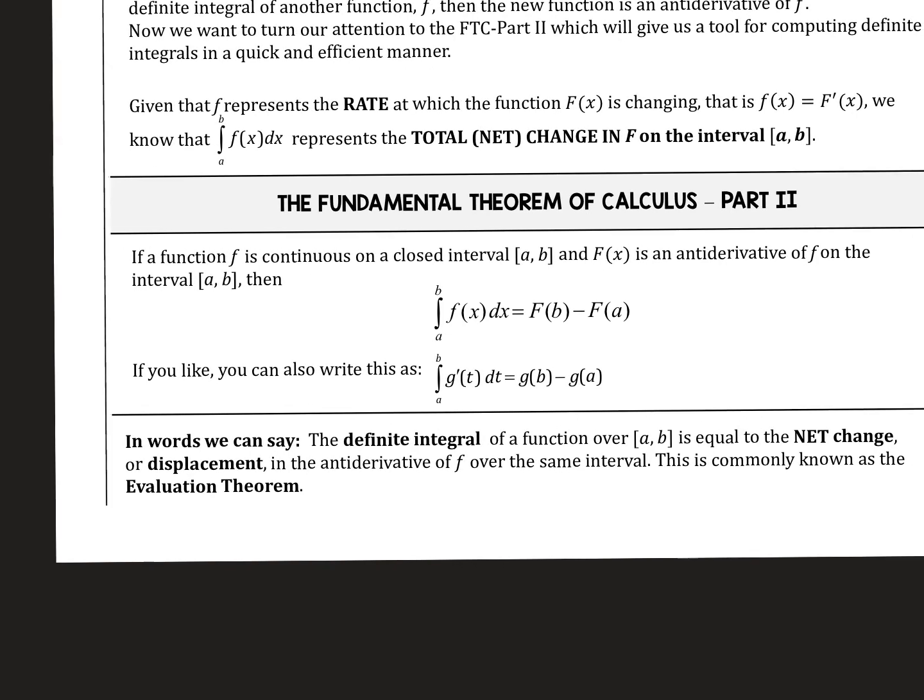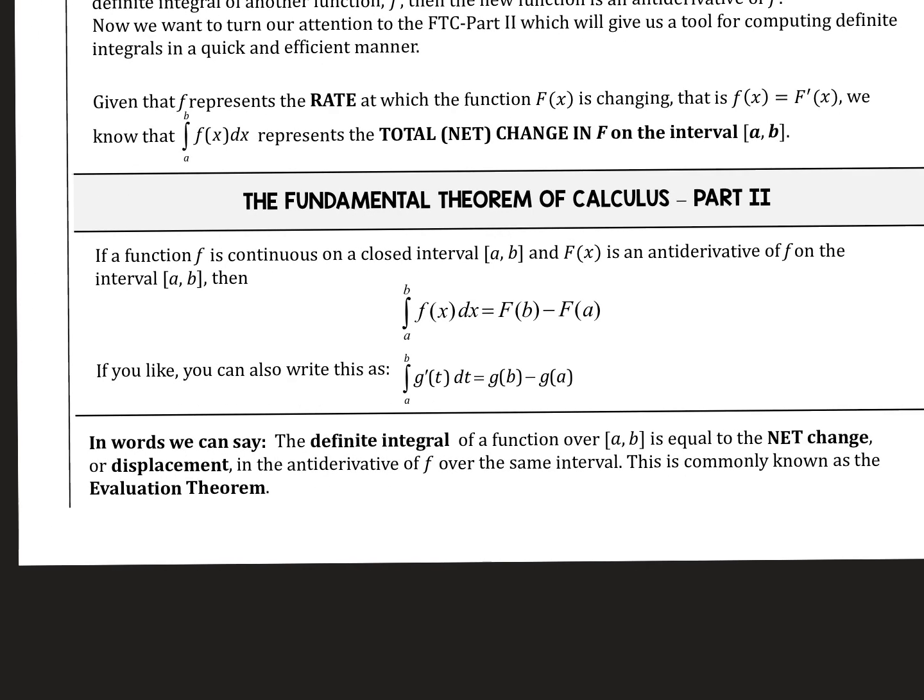Okay, we don't really need part 1. Part 2 basically means that if a function is continuous on a closed interval from a to b, and you know the antiderivative, then you basically take the antiderivative, plug in the numbers and subtract them. We're just looking at it from a to b, including a and b. If capital F of x is an antiderivative, then if you're trying to find a definite integral of a function, you